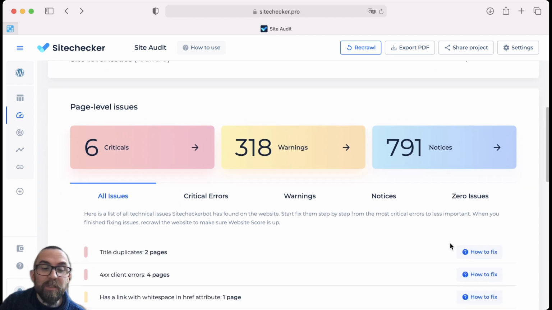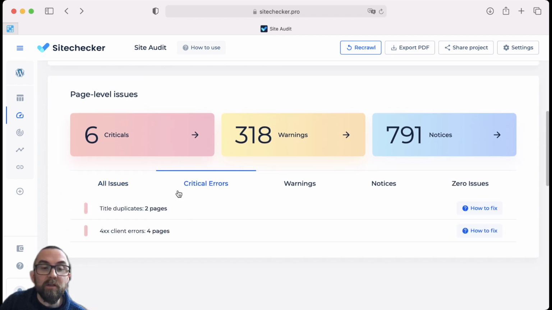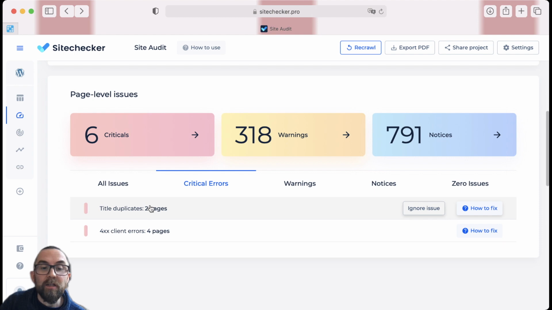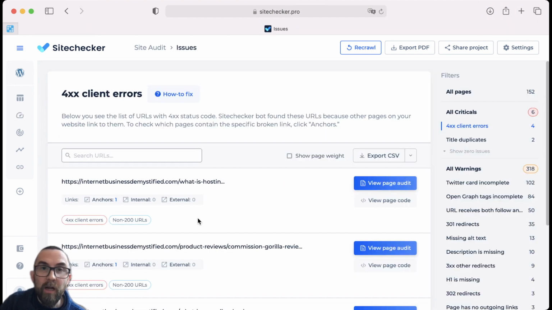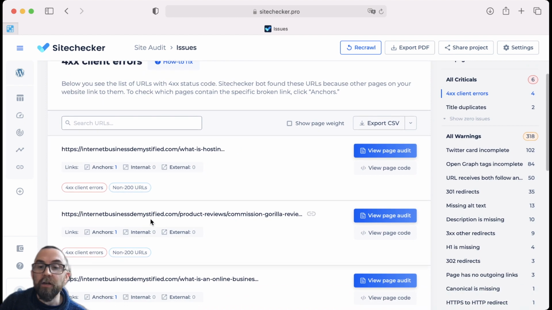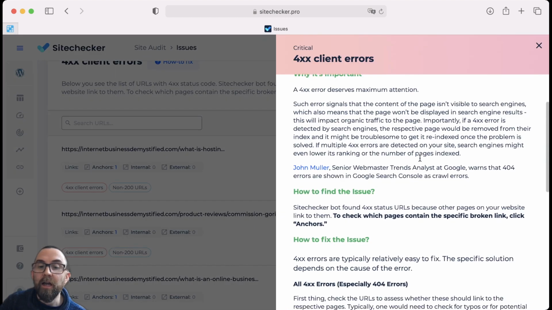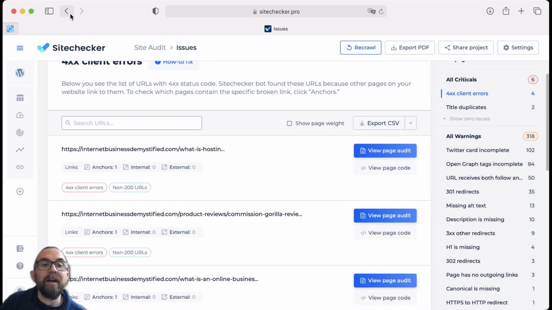Now, some of these things we don't have to worry about too much. Let me see critical errors. Title duplicates 2 pages, and the 4 pages that have a 400 error. So these are these pages here. Just by clicking on 4xx client errors, I can find out what that is and decide whether I want to